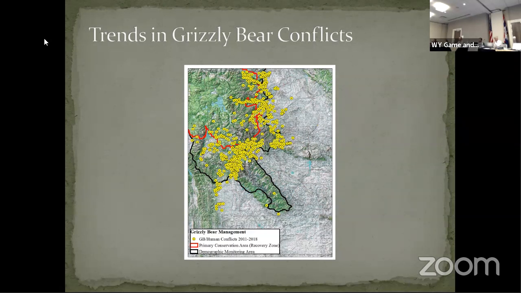The core of the ecosystem is still full of bears. We still got a high density of bears there, but they got nowhere to live. So as the population grows, they expand outside of those areas. And unfortunately, it's into a lot of unsuitable habitat. There's nothing but Russian olives and cattle that's available for these bears to eat in a lot of these places. And that's why we're seeing a lot of those conflicts.